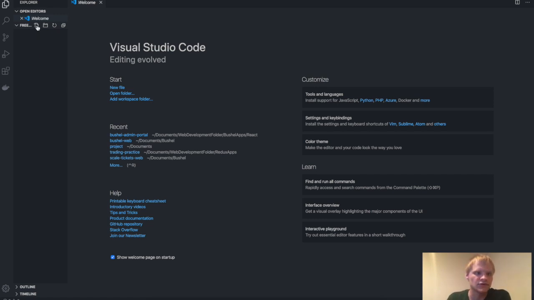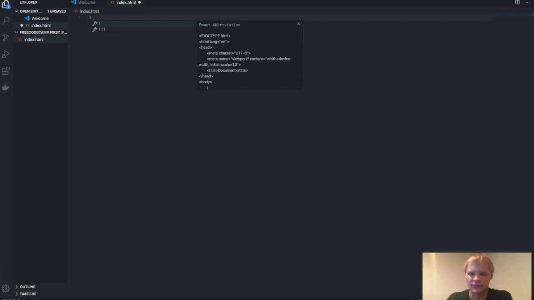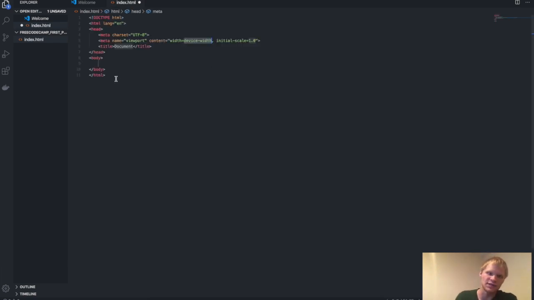So to get started, I want to make a new file and call it index.html, and then this is what it's going to run. In Visual Studio Code, there's a thing called Emmet, and that just allows shortcuts. This is why I wanted to use Visual Studio Code and not CodePen, because CodePen doesn't have any shortcuts, any snippets built in or anything. You've got to memorize everything that you do. So Visual Studio Code is a lot nicer for developing code. So now we have our boilerplate. That's what this is, just basic,